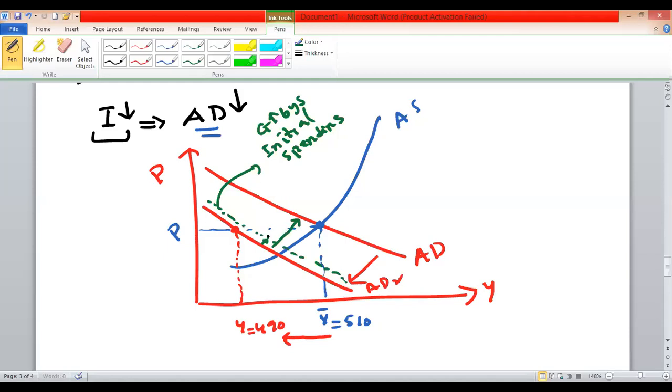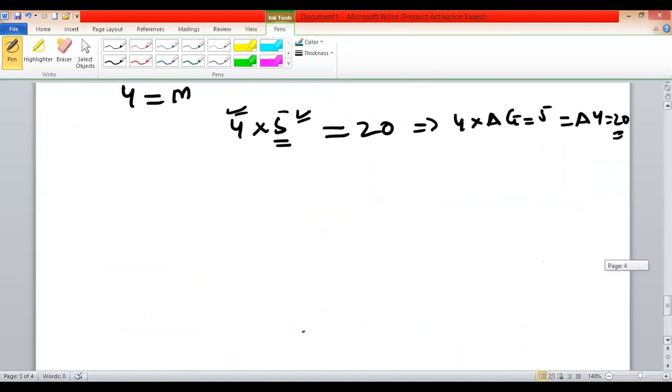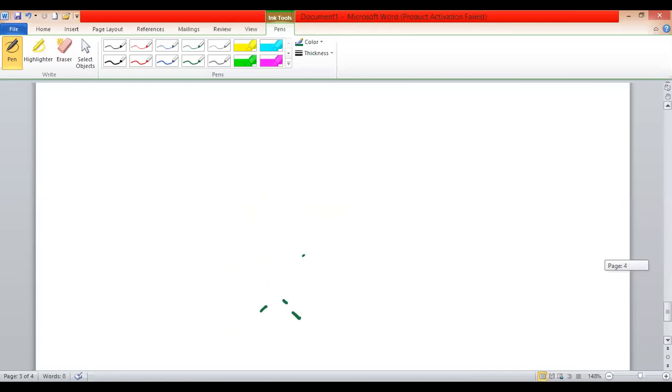This would show us that if the government spending has been increased by 5 billion, then over the period of time, it would increase output to 20 billion. So the economy is now brought back into its equilibrium after using government expansionary fiscal policy. So this is one way of bringing the economy back to its potential. Another way could be